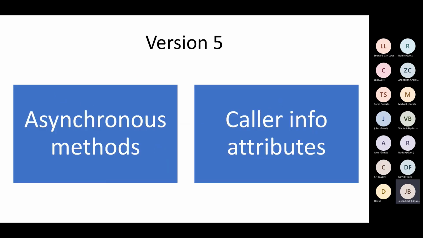Version 5, asynchronous methods, was actually a very big feature to implement. So even though it may not have felt like that in terms of keywords and how you write your code, there was a lot added underneath the scenes for asynchronous methods. But as you may have noticed, the number of features starts to go down. It's because there was this thing called Project Roslyn, compiler as a service, that started to get more and more press, so to speak, and more attention.